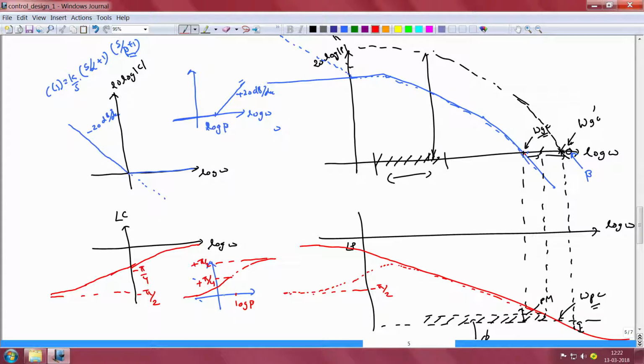Now here is where we have the clue to our solution. If you look at the magnitude characteristic for frequencies below beta but just in the neighborhood of beta, we see that the magnitude characteristic has a magnitude of close to 0 dB, but the phase characteristic is not really 0. The phase characteristic is close to plus 45 degrees or plus pi by 4 radians.